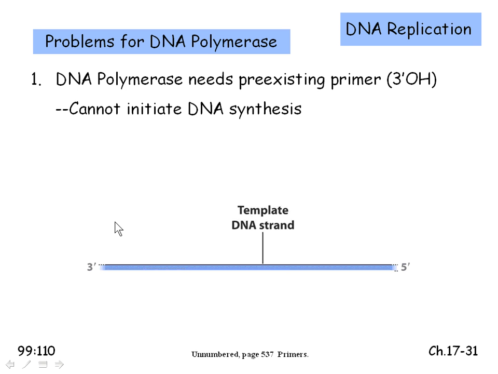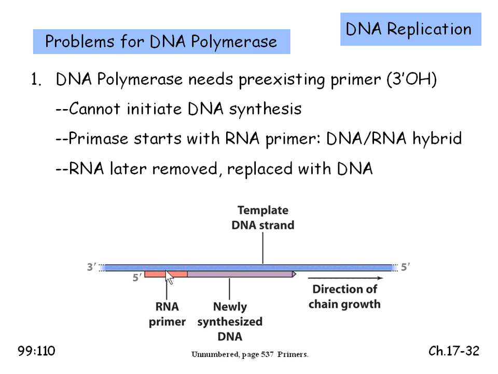Now, one potential problem is that DNA polymerase needs something to add the nucleotide onto. It needs a 3' OH to incorporate the nucleotide and add it on to. It can't initiate DNA synthesis without anything there. So if you have only a template DNA strand, the DNA polymerase cannot bind to this and just start with replication and continue. So in order to overcome this problem, the cell has an enzyme called primase, which